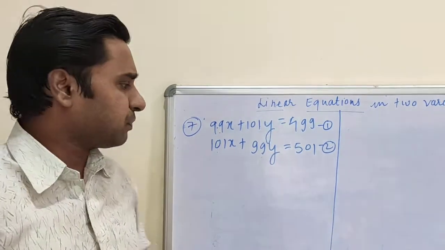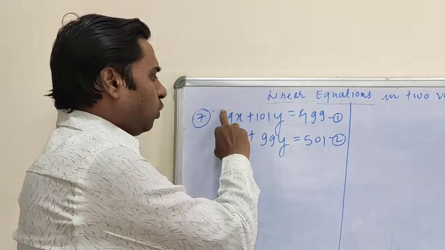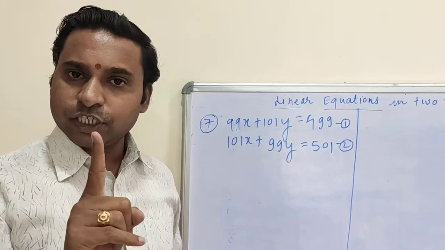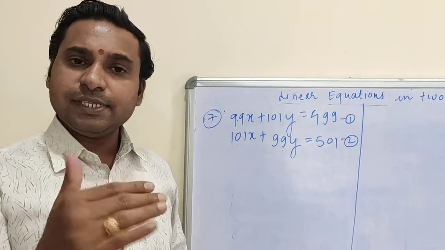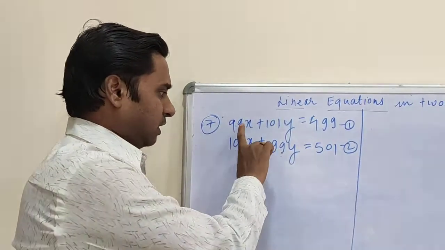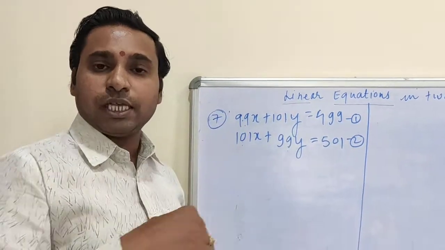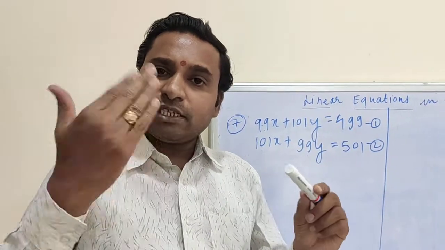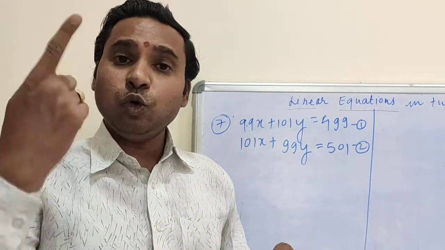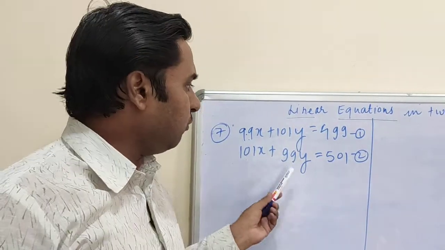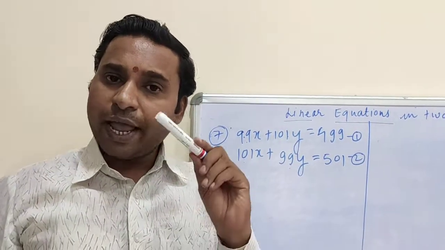So what is that? First thing is that you are going to add these equations. First thing is adding equations, and then second step is subtracting these two equations. First add and then subtract these two same equations. Then through adding and subtracting we are going to get two more equations, and we are going to solve those equations, and then we will be getting the values of x and y.